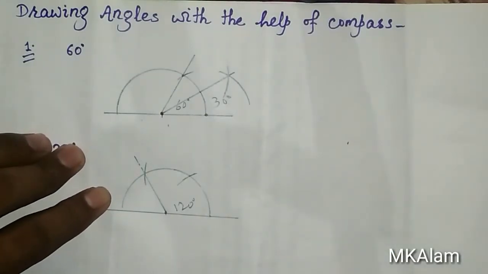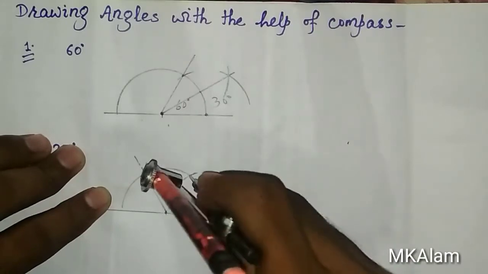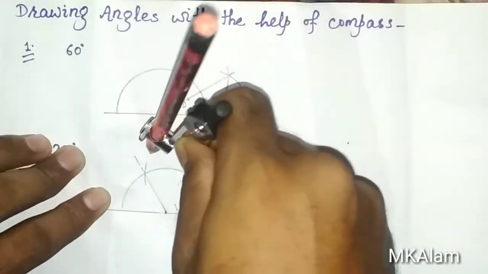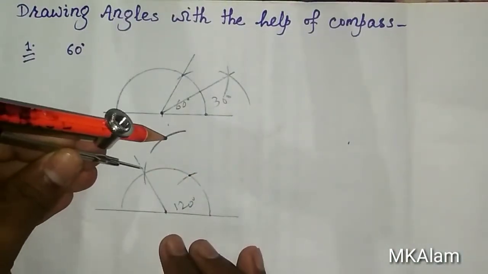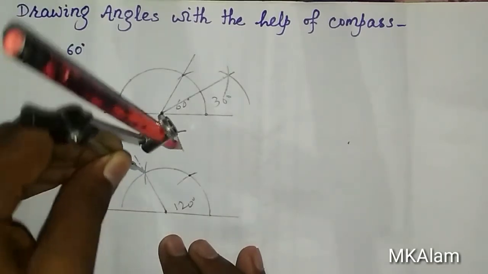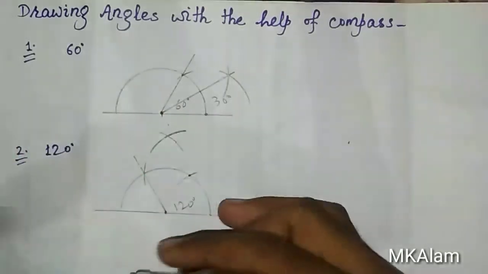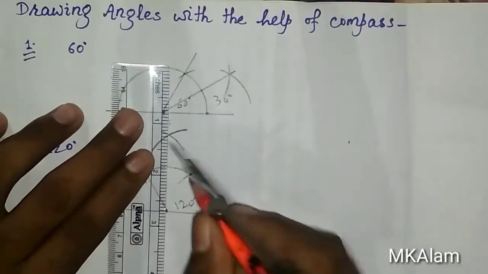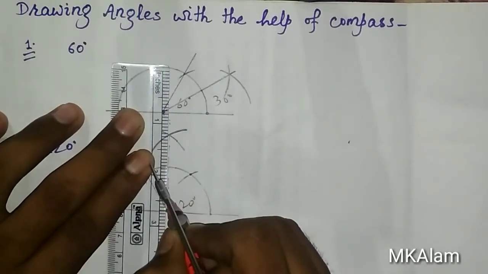You will have to do only one thing: your needle should be on this point, and you will draw an arc like this, and after this you take your needle on this point, and draw an arc which will cut on this point, and simply draw this. If you draw from here to here, then you will get an angle of 90 degrees,